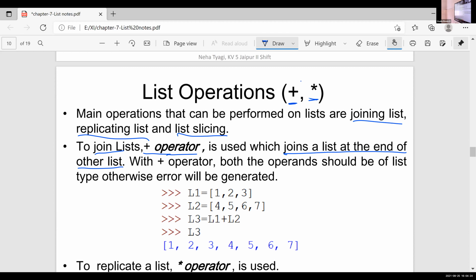We can't join a list and a tuple or a list and a dictionary. Okay, that is the meaning of this one. So with plus operator, both the operands should be of list type. Otherwise, error will be generated.